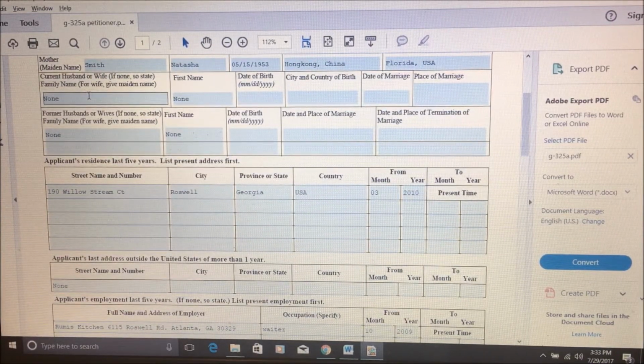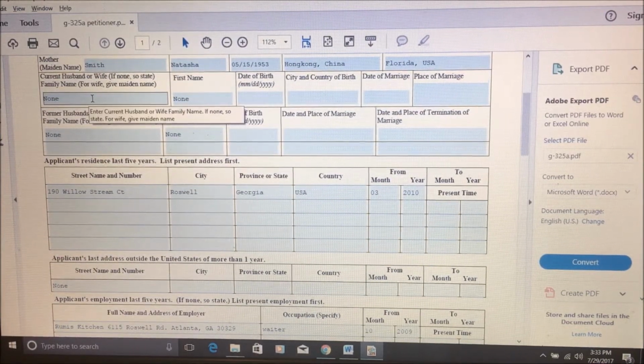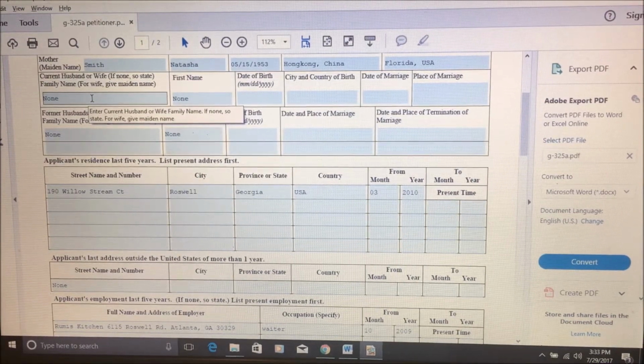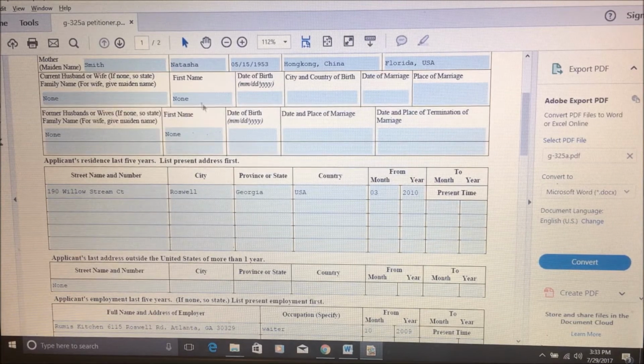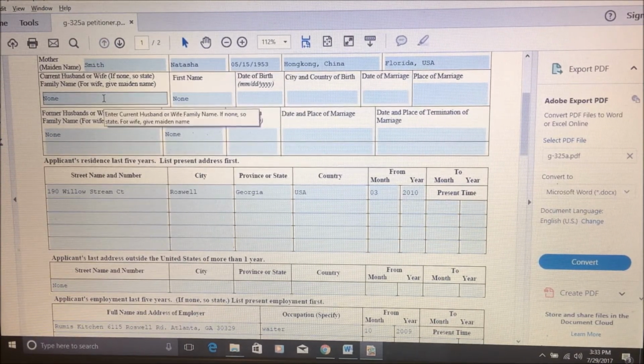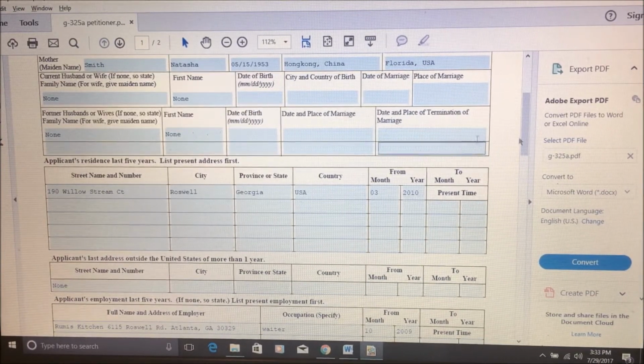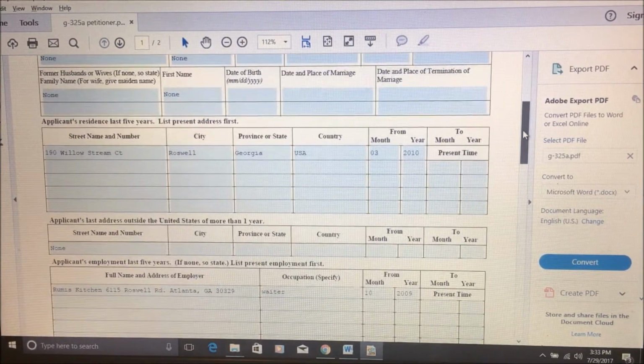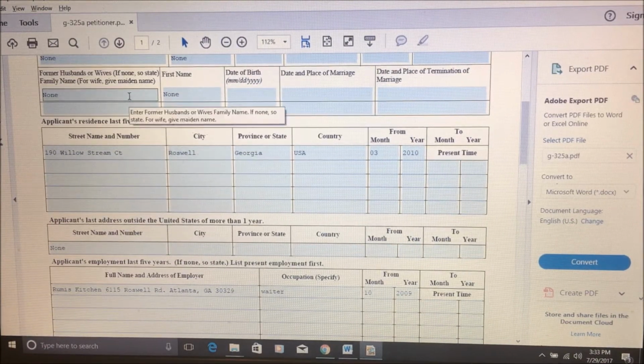Okay, current husband or wife. If you have a current husband or wife, just put it in here. But if none, just put none or not applicable. Don't leave any questions unanswered; you just need to fill it out. Just put none. And then former husbands or wives, if none, so